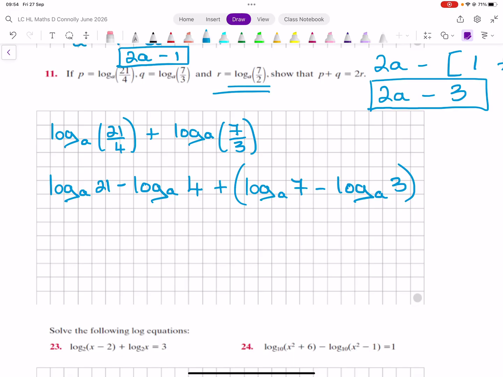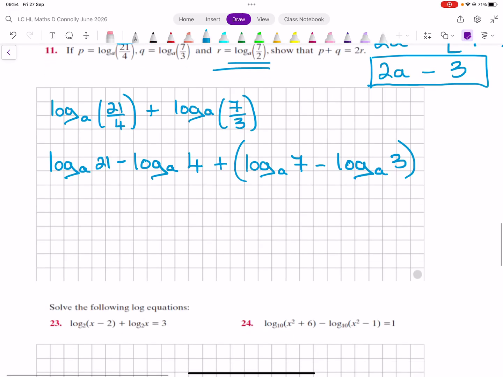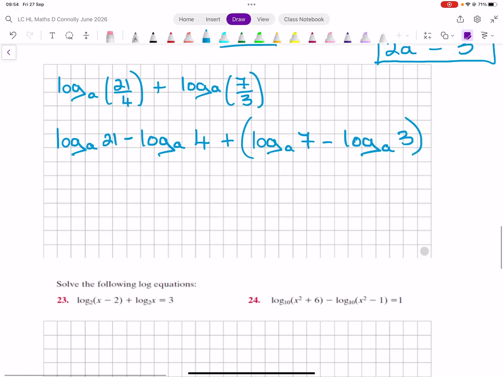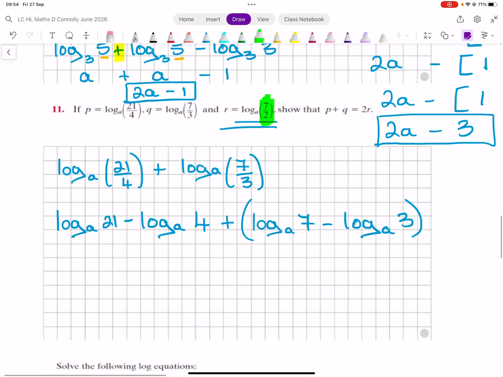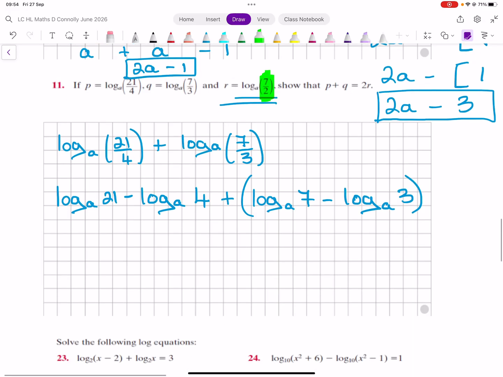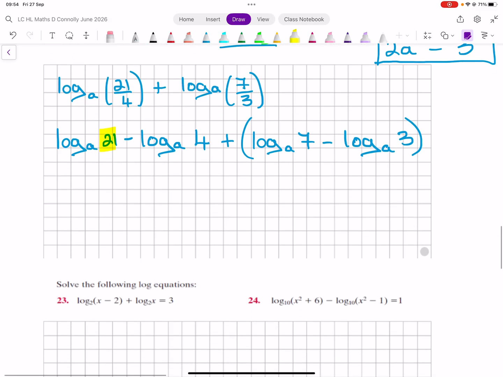Seven and 2. I can split, sorry, 7 and 2 is coming from here. I have a 7. Okay, I'm going to try splitting the 21 up. So log to the base A of 7 plus log to the base A of 3